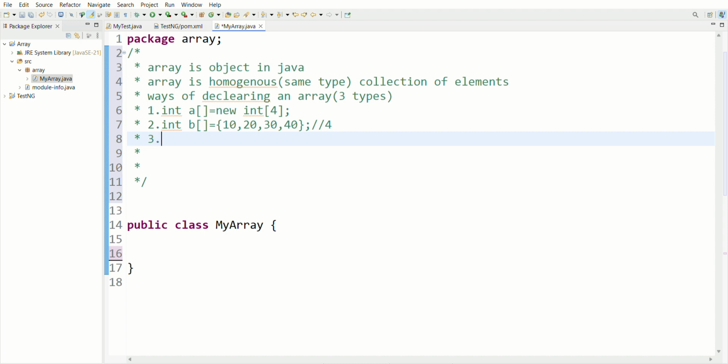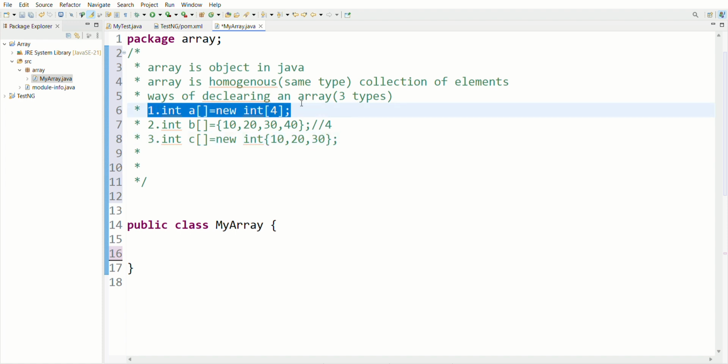And the third is int c is equal to new int. Then we are passing a bracket, and I am passing here 10, 20, 30, this type.